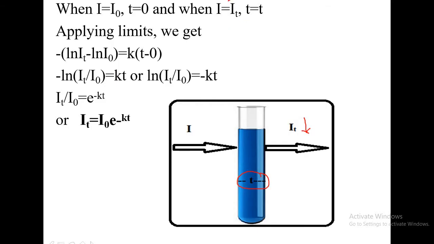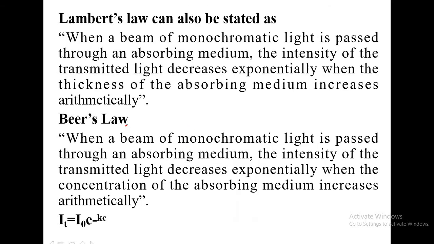So IT is taken as the upper limit, I naught as the lower limit. So when you apply the limit, minus ln IT minus ln I naught is equal to k into upper limit, that is t, lower limit 0. Now it is minus ln IT by I naught is equal to kt. If you make this side plus, then ln IT by I naught is equal to minus kt. IT by I naught is equal to e power minus kt, because ln is nothing but logarithm to the base e. So IT is equal to I naught into e to the power minus kt. Hence Lambert could state his